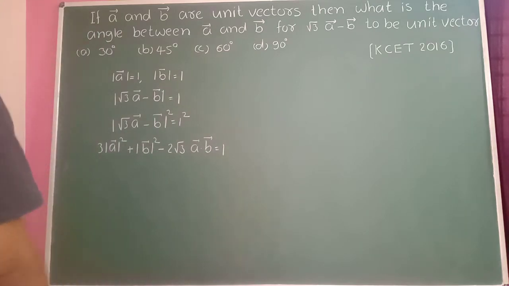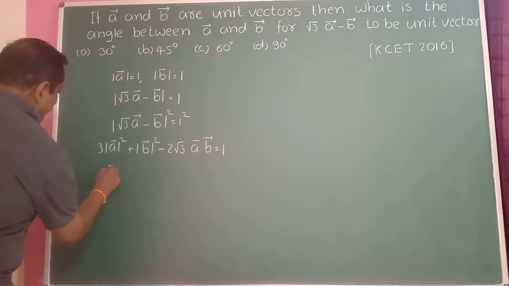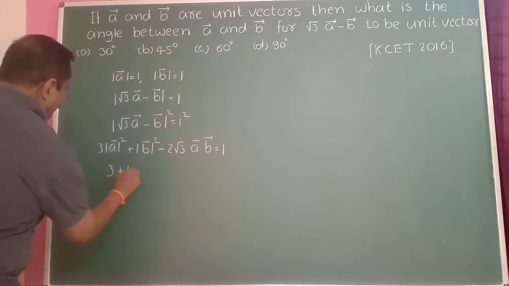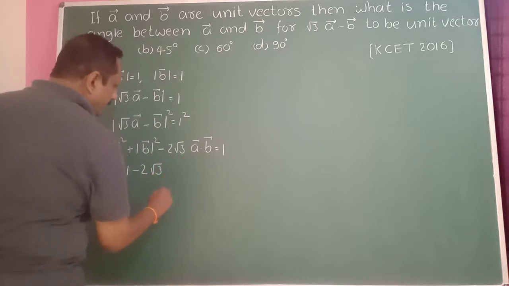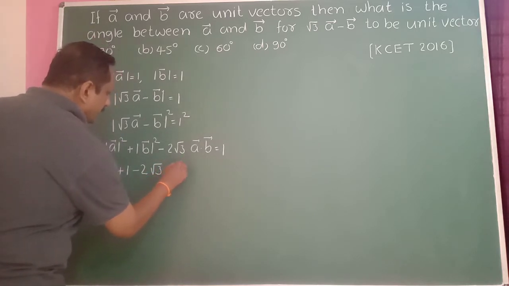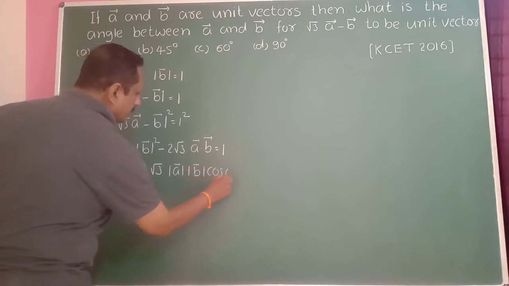Then this is 1, this is also 1, so 3 plus 1 minus 2 root 3 into a bar dot b bar, which is modulus of a bar into modulus of b bar into cos theta,